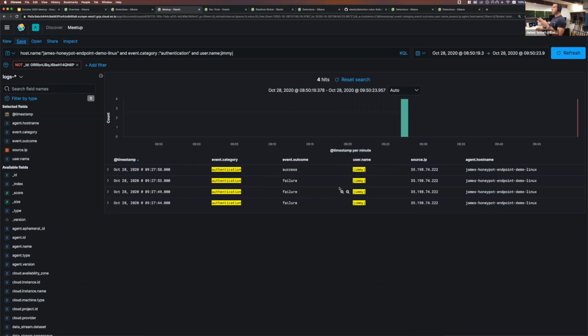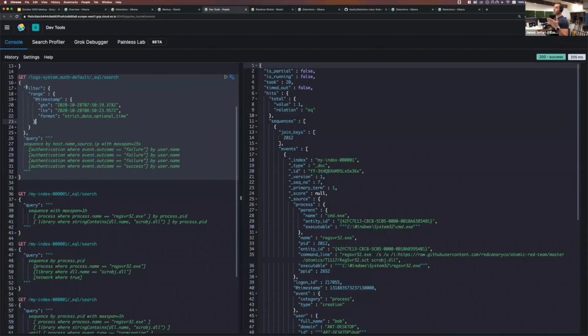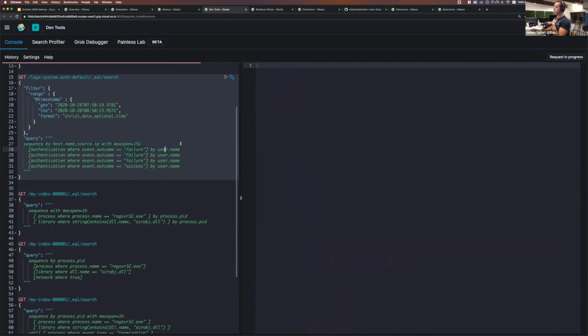So with EQL now, we'll be able to write detection rules to look for this activity. If we go back to our DevTools, I only have this filter because I want it honed in on that specific time range. But this is the actual EQL query. And remember, this is the API call. So once it comes to the UI, you don't have to worry about JSON and all that stuff. You're not going to have to deal with all of that. But just to be able to run this query, I'm going to run it.